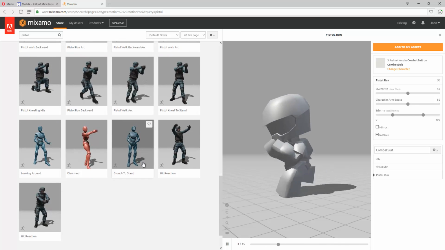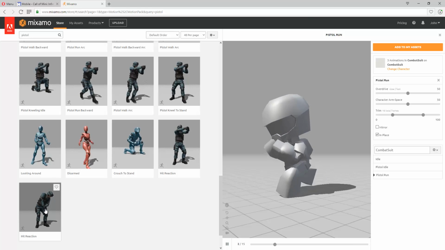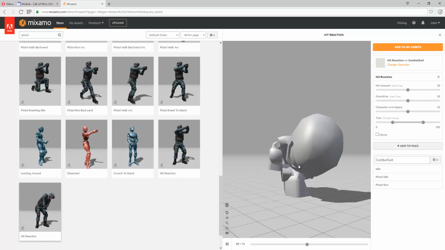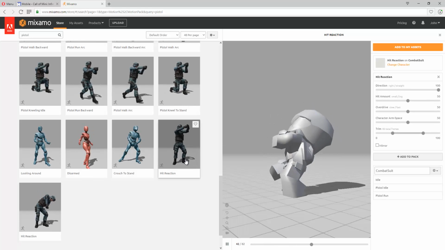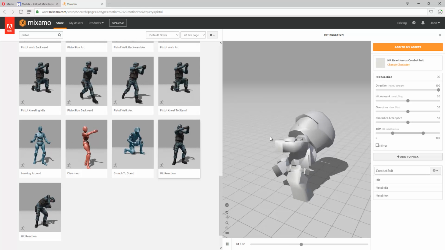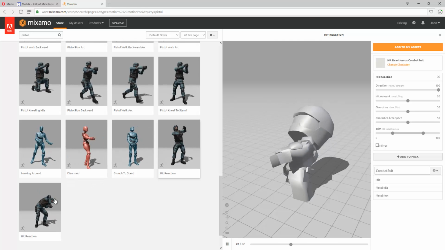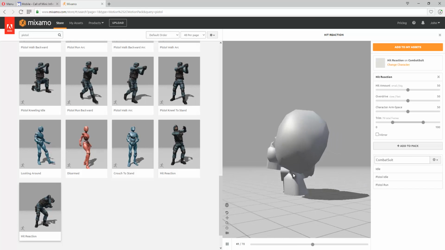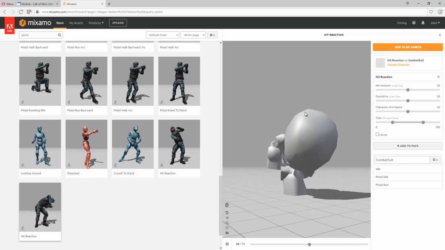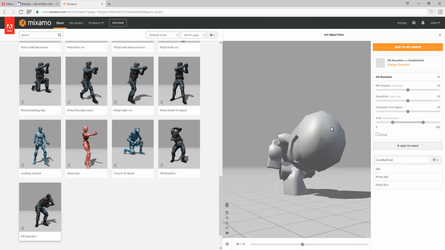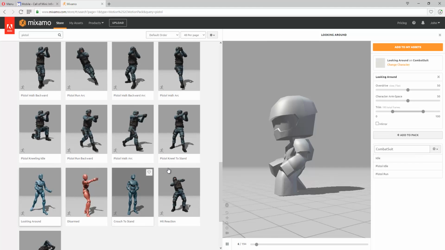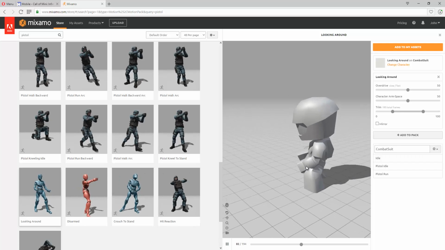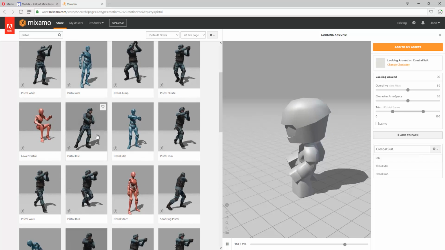And we need a shoot. Hit reaction. See if he gets shot while holding the pistol. Now we're not going to get into all this. Normally you would add all these types of animations. So if he has a pistol for a weapon, you would have to have an animation for when he's holding the pistol and he gets hit. And that's just him looking around. But we need a pistol shoot.